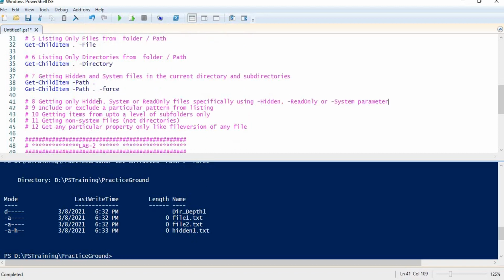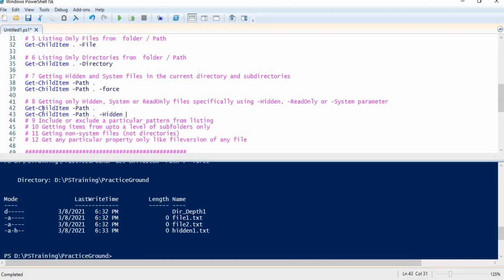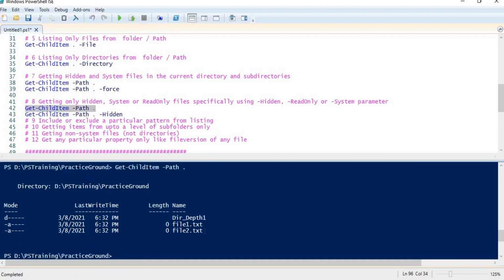Our next example is getting only hidden, system or read-only files, specifically using the Hidden, ReadOnly or System parameters, right? Let me write the commands by pausing this video. So I have written these two commands. The first command is the normal one, and if I run it, you can see again I am getting three items. But what if I want to get hidden files?